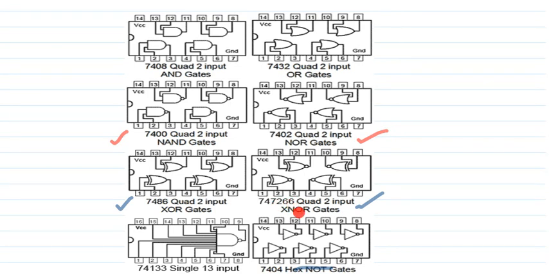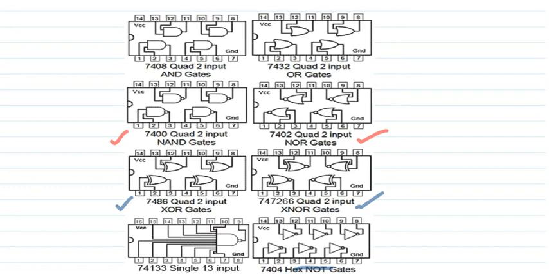There are so many gates. If you look at this, this is a NAND gate having 13 inputs. That is 74133. This is not important to us. Just to say that there are many gates, but other than these, 7 gates are the important gates. So you have to be very thorough with the numbers.